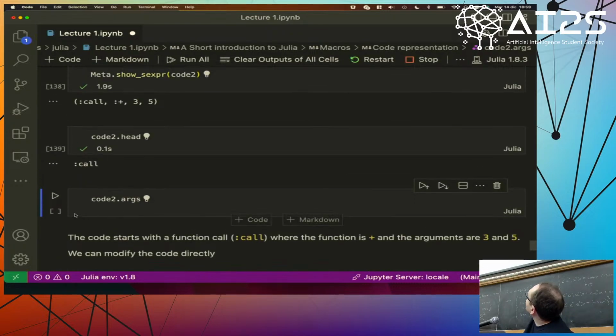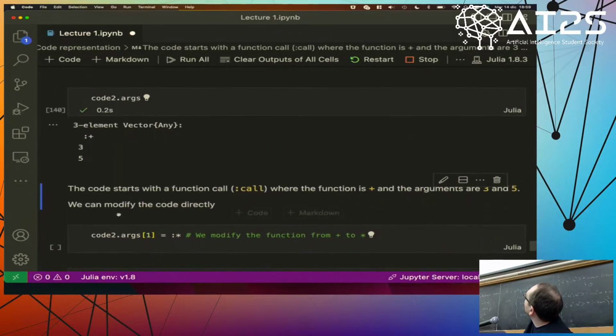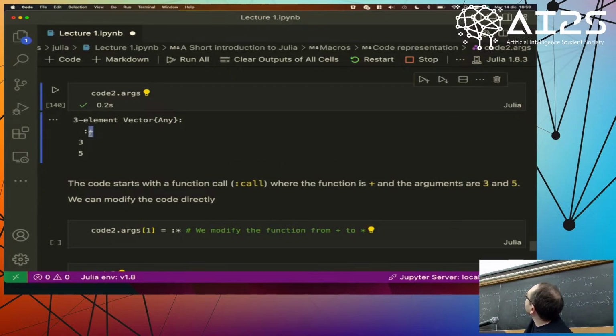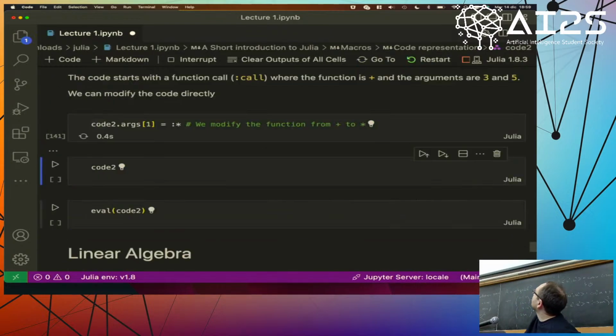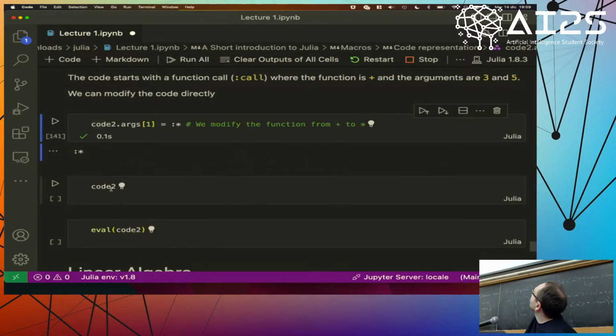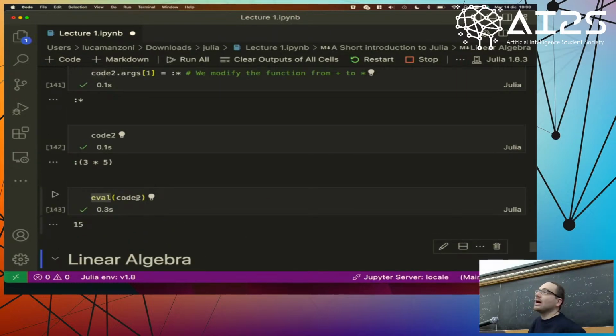You see that it starts with call, the arguments are plus 2 and 5, and I don't like plus here very much. I would like to have times instead of plus. Well, let's change the value from plus to times, and now if we evaluate the code,